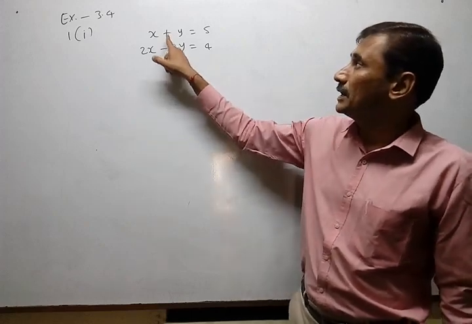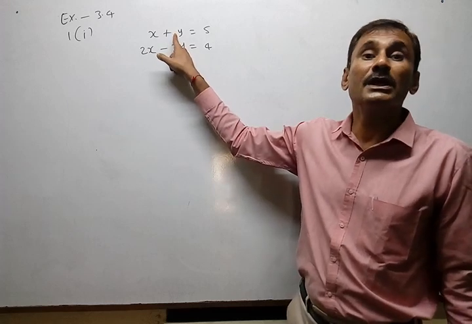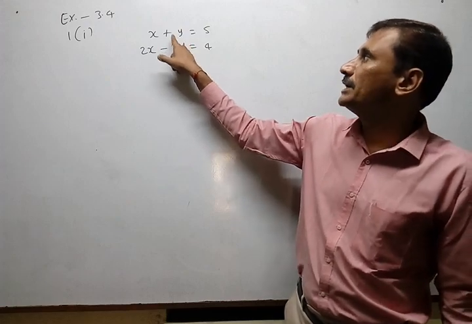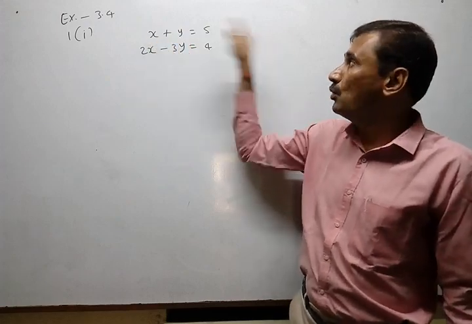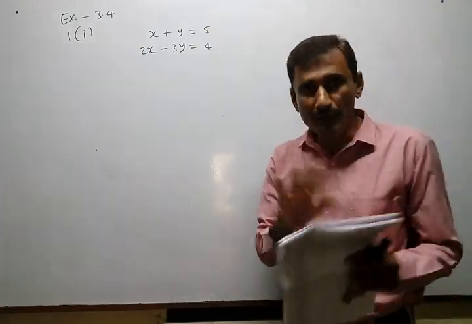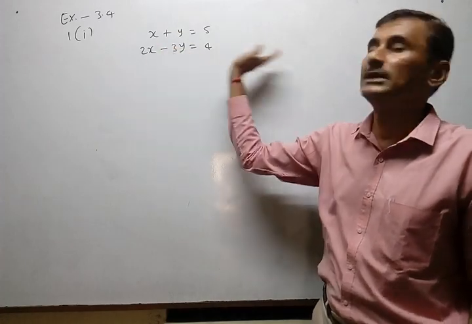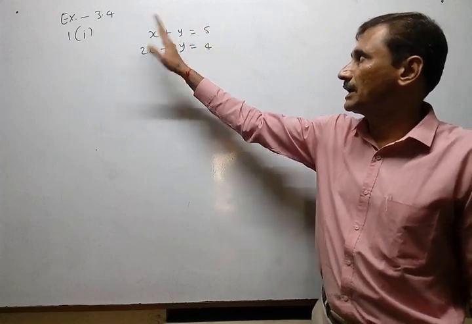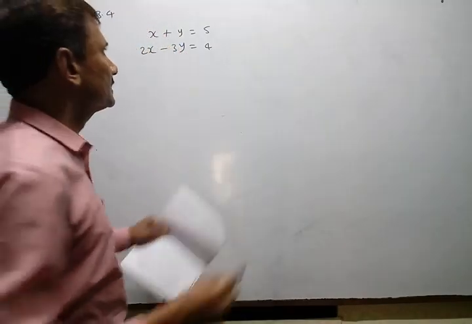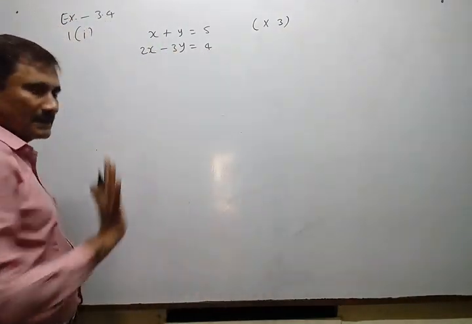But here the sign is already negative. So we try for y to be equal. Coefficient of y to be equal. So how to get here 3? By multiplying the whole equation by 3. Okay, an equation is multiplied as a whole, not by part. So you just cannot place here 3. Both sides should be equal. So 3 multiplied on left side and right side means the whole equation is multiplied by 3. So you just write here multiplying this equation by 3. No need to multiply the second one.